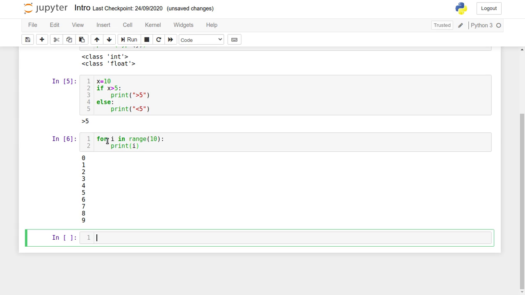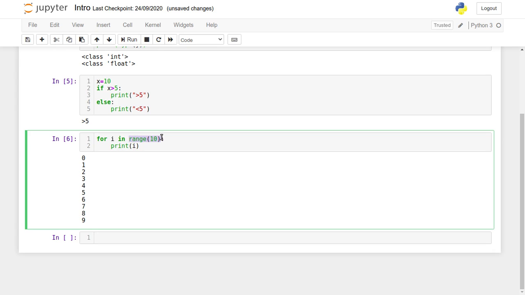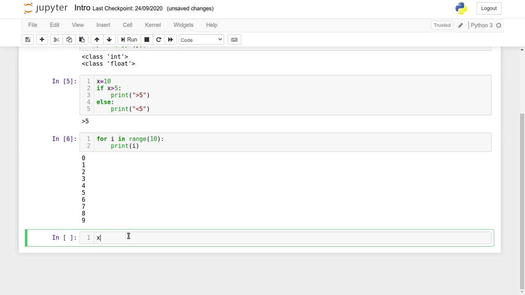The syntax is for, followed by the iteration variable, then in is the keyword, and after in we can write any list, any tuple, any of the iteration members. The for is terminated with again the colon, and the statements that form the for block are to be indented inside the for. Similarly, we can look at the while.